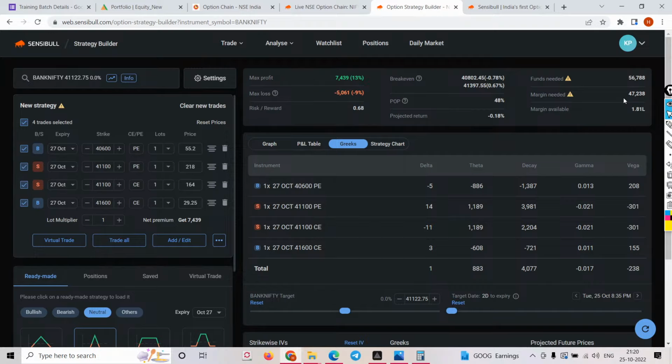So you know that brokers will try to block some amount, just to avoid all those margin penalties and everything. So though the margin needed is 47,338, the brokers may in advance block like 10,000 more based on a single lot, so that we never get into margin penalty. But ideally, whenever I calculate the profit and loss, I calculate on 47,238. I've not gone into the detail of whether it is literally blocking my 47,000 or 56,000. So that's a good question. Even tomorrow I'll see.